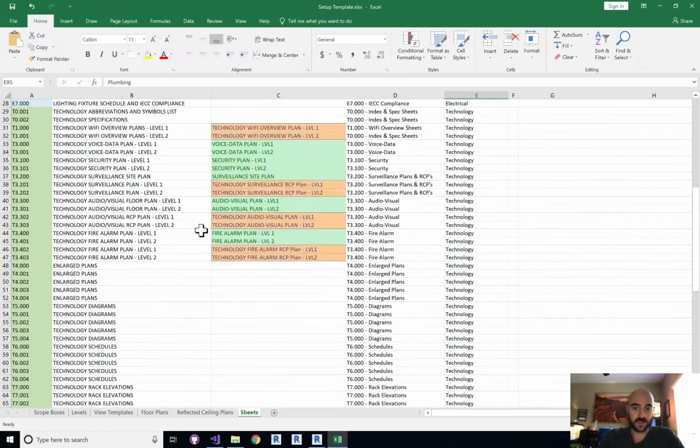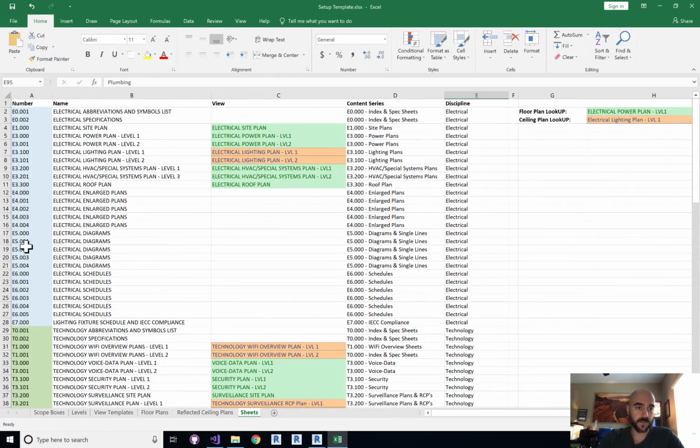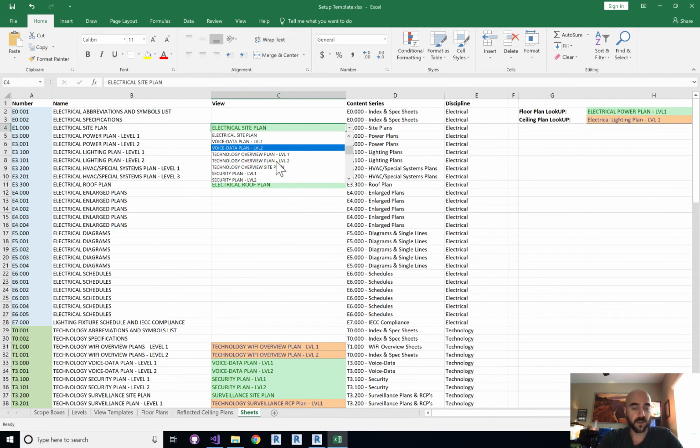And then the sheets, this includes all trades. So all the naming conventions is our basic setup for naming conventions. All of the names are in here, and everything that's in green are floor plans, everything that's in orange are RCP plans. And then here, this lookup is basically going back and allowing you to select from a drop-down list the previous floor plans or RCP plans that you had created in the previous tabs. So it's a step-by-step process, but this really allows anybody to just use Excel to drive the complete